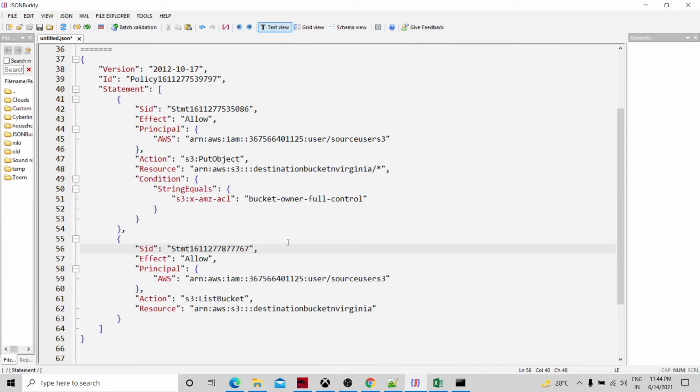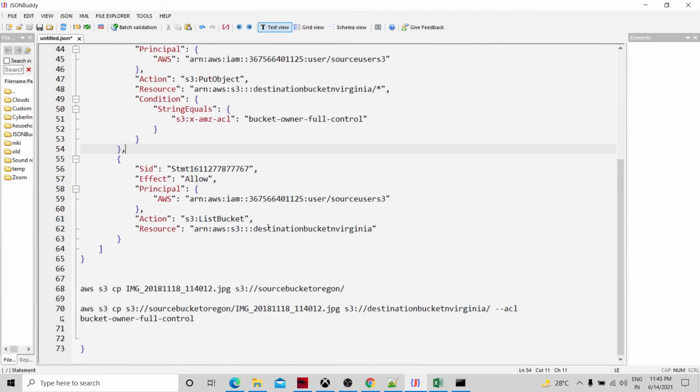But whenever you are copying files from one bucket to another account, we need to pass the full control to the destination owner. So the target owner would have every control, and the ownership will be passed. To do that, you need to pass this condition. Otherwise, all operations will not be allowed for that particular target user, and the target user cannot do many other things for that bucket.